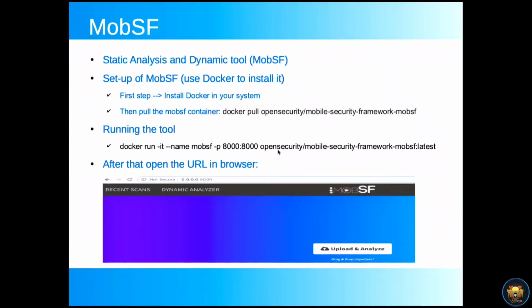Then use opensecurity/mobile-security-framework-mobsf:latest. So you are able to run the Docker.